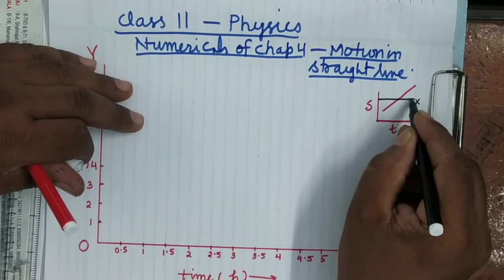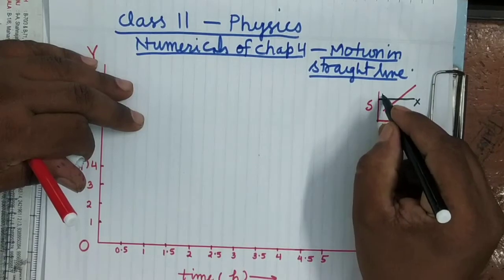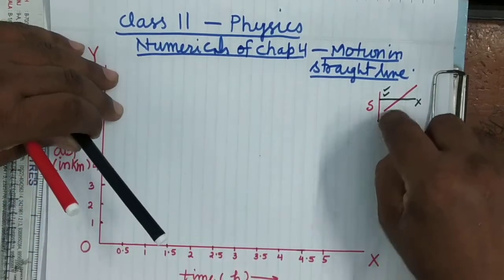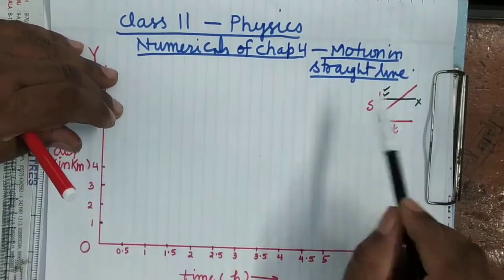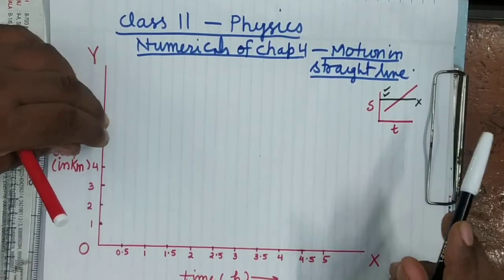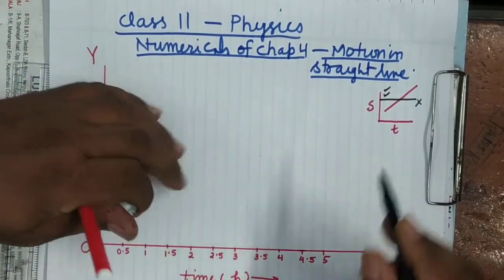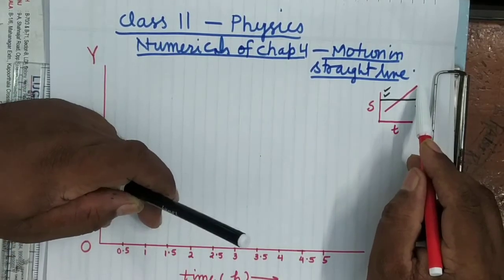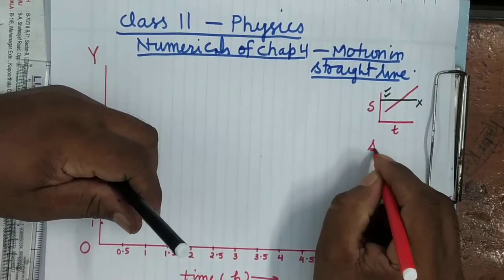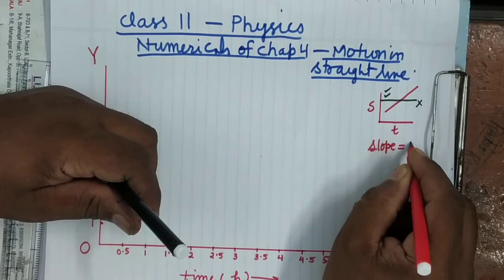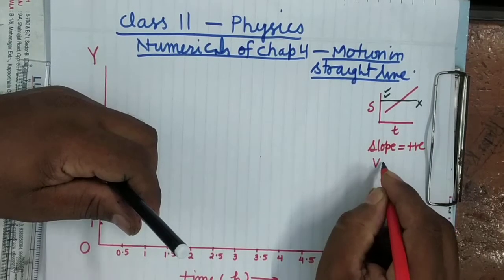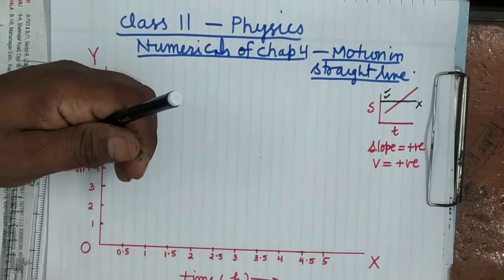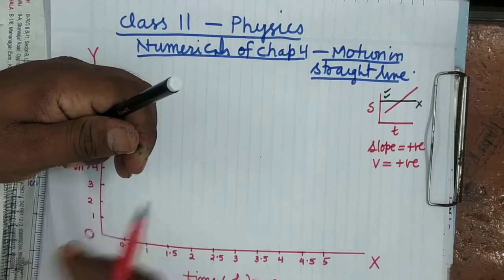Why? Because in a horizontal line there is no change in displacement. Velocity will be 0 for this black graph. For the red type of graph, velocity will come out because the slope of the displacement time graph gives the velocity. So here slope will be positive. Slope is positive means velocity will also be positive because it is sloping up. Velocity positive means moving away from origin. And origin means initial point. Here the initial point is the house.